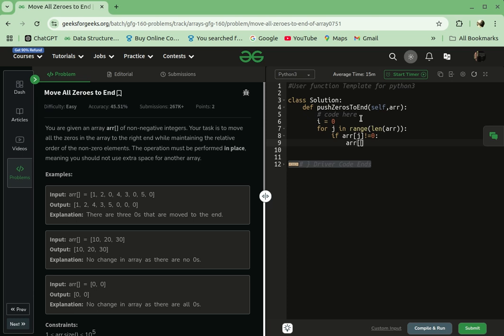Array of I, our I is equal to 0, that is the starting point, and array of j, array of I equals array of j, array of I. So basically we are applying the condition: the element of the array should not be equal to 0, and the other line is describing that we are basically swapping the elements of the array. Okay,